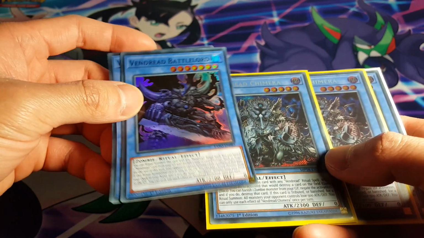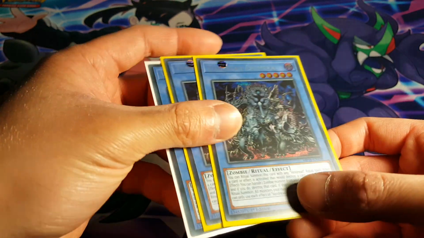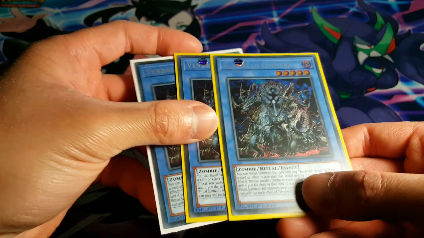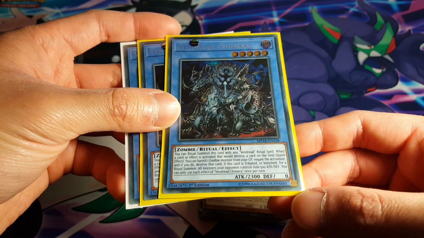I think it's going to be enough anyway, so that's what we're going to go with there. And finally, we have over here the Chimera. Probably the one card that people most likely wouldn't use. It's just weak, it doesn't do too much else, but